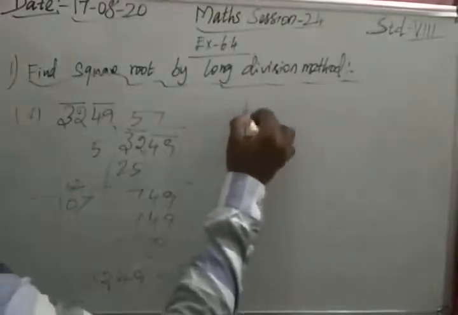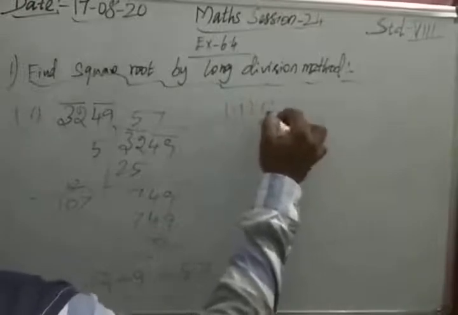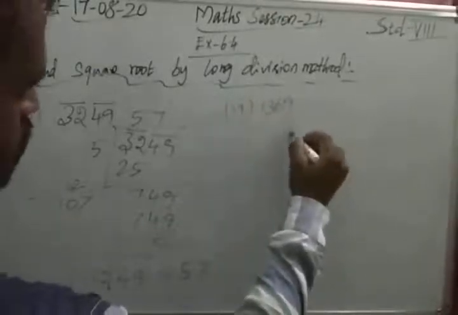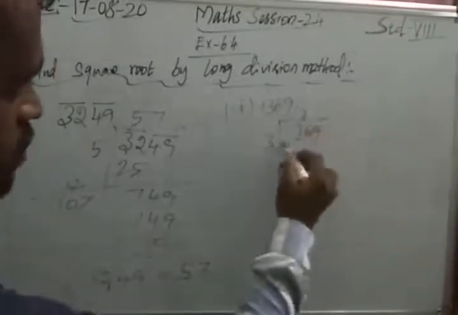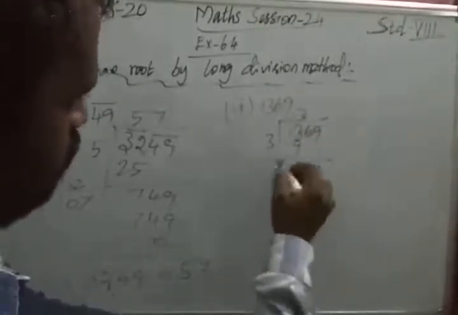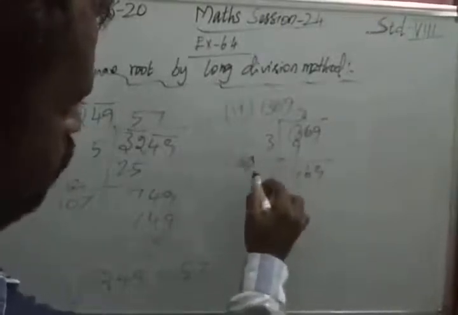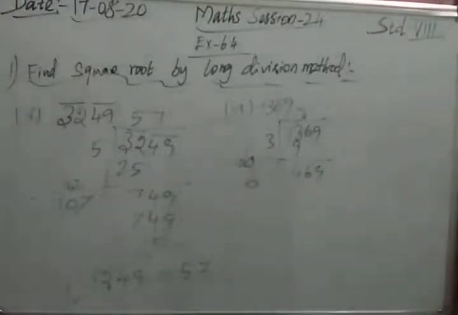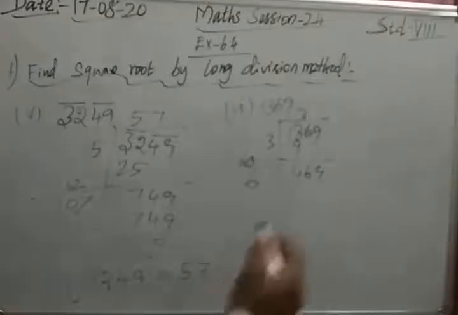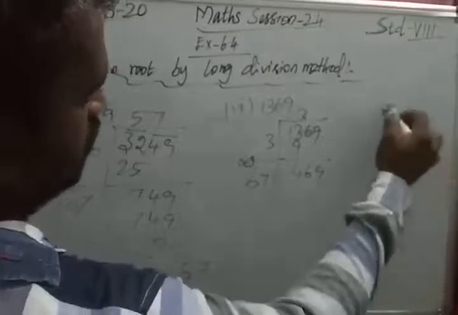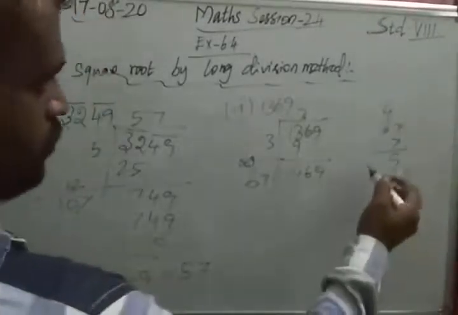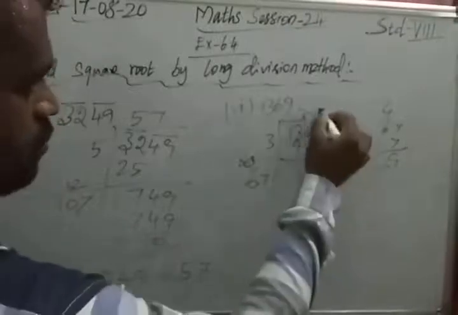Question number 6, 1369. So when we are taking 1369, in this what will come? 3 3s are 9. Then balance 4 6 9. So when we are taking this multiply by 2, we will get 6. So 6, when we are multiplying, we need to get 9. Of course, when we are trying with 3, 63 into 3 is around 180 only will come. So next, 9 ending means we know that is 7. So 67 into 7 we will try, 49, balance 4, 42, 46. So 7.